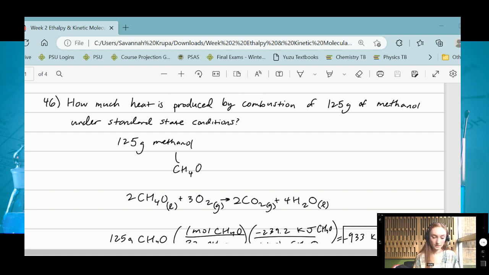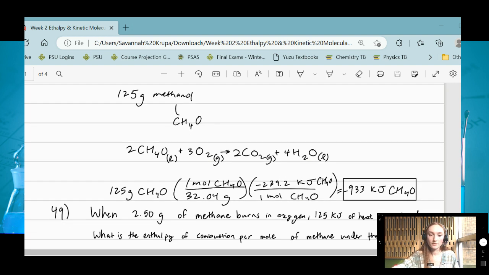So let's get started with answering this problem. So it says how much heat is produced. So this is also known as the Joule amount. And since we have an amount of 125 grams of this, that's what we are going to start with. So we have 125 grams of CH4O. And since we're in grams, we want to go to moles. And then